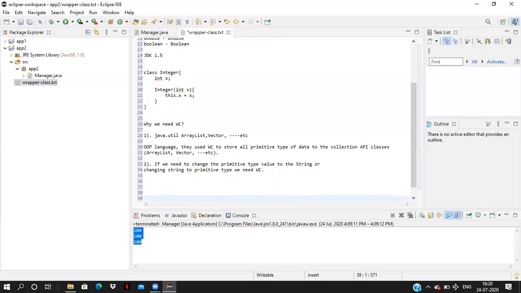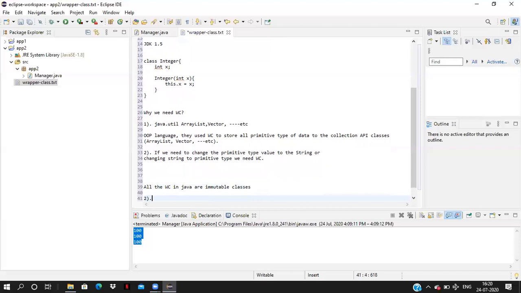And all the wrapper classes in Java are immutable. What is immutable? This is a very important question.